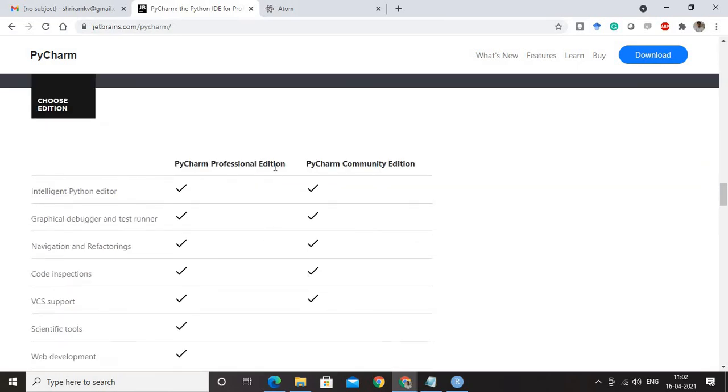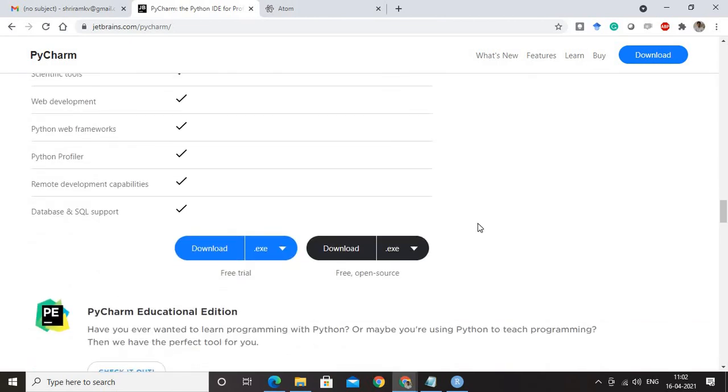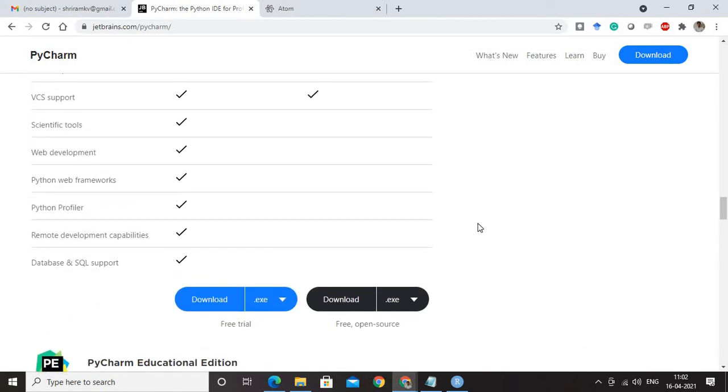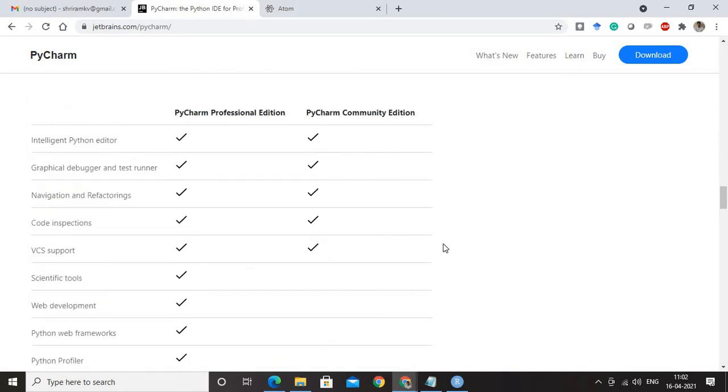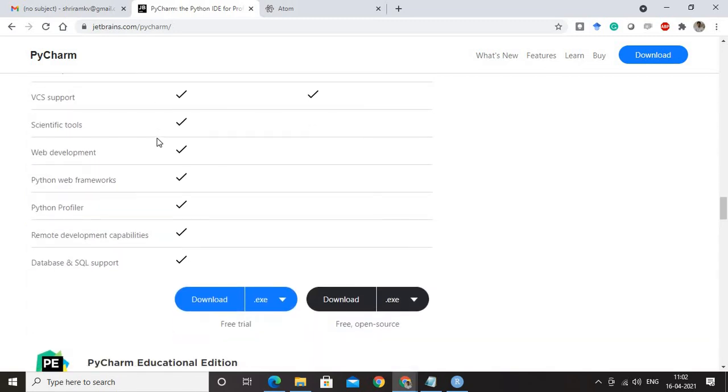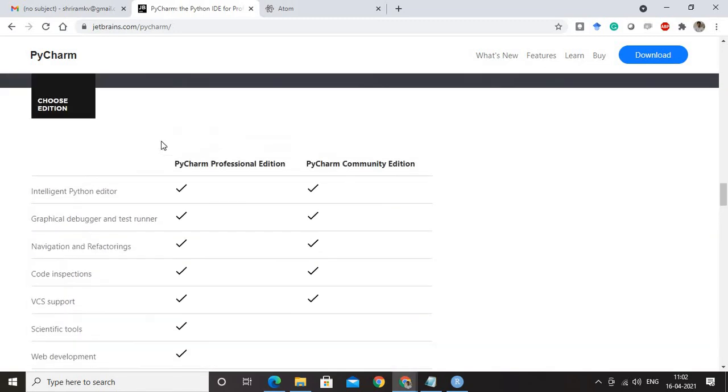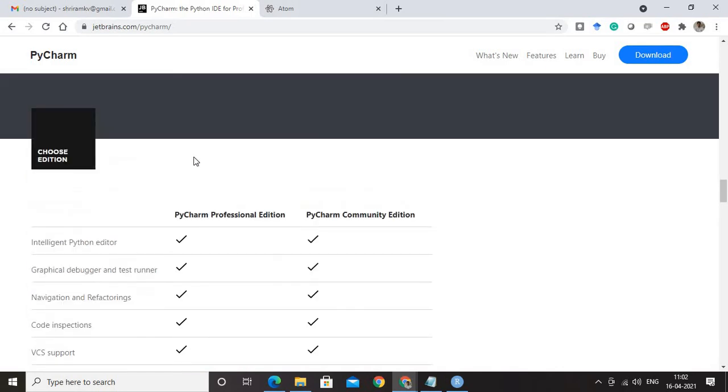And they have got two versions. One is professional edition, second one is community edition. Community edition is enough for people like us who work on academics and who work on some simple projects. But if you want to go ahead with the professional development of a product, I suggest you go ahead with the professional edition, where you can see that the features definitely increase by multifold. You can go ahead and you can start using it.